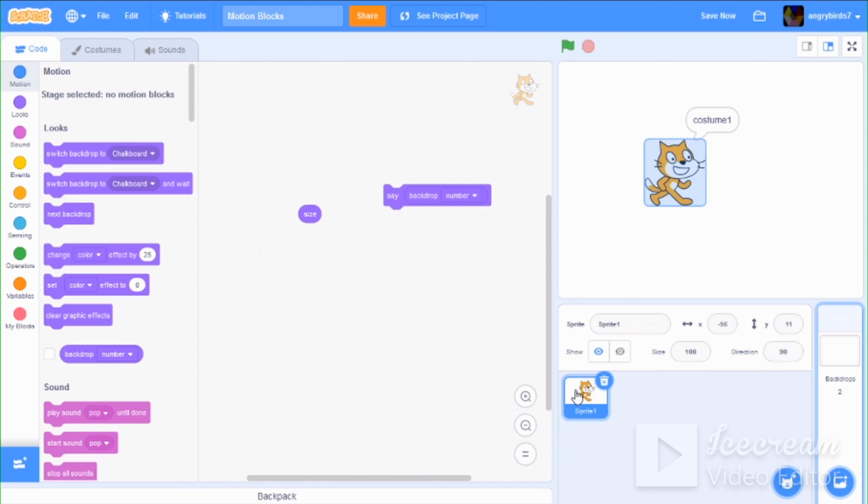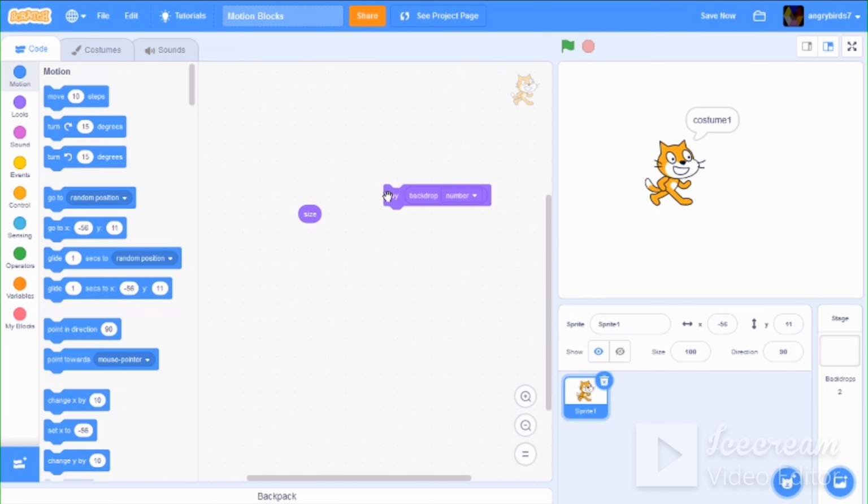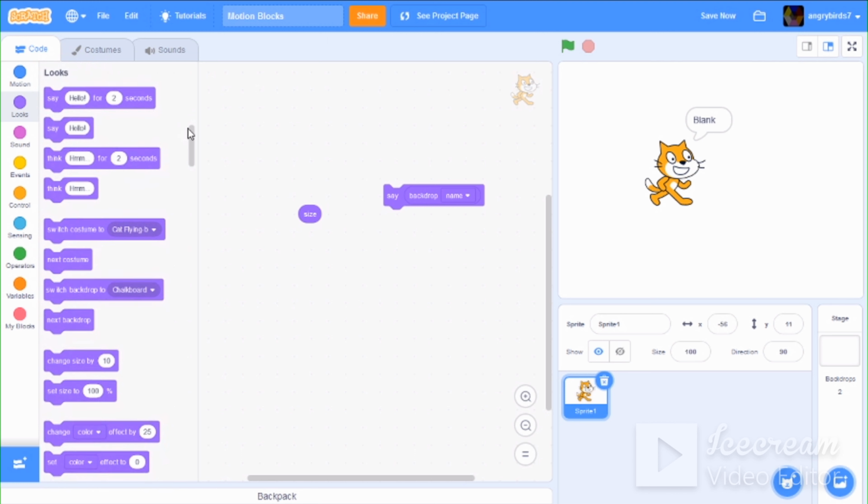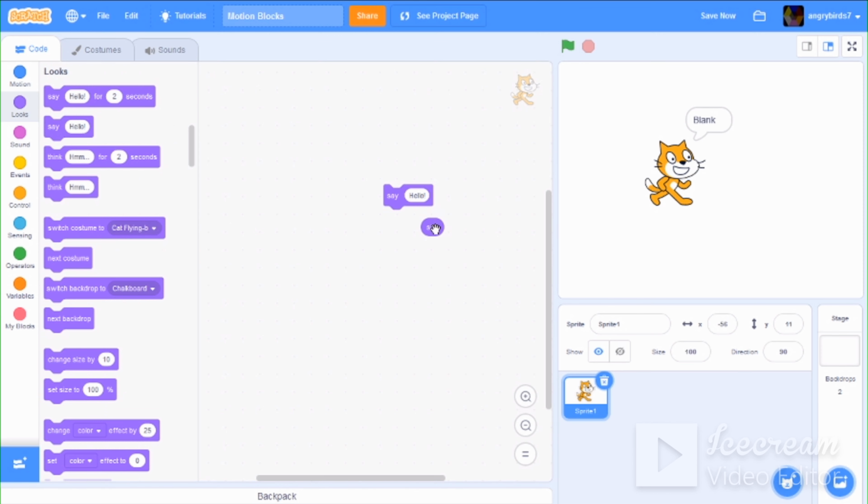So if we go back to it, let's make him say the backdrop number, which is 1, and make him say maybe the backdrop name, blank. Interesting, he's saying blank. And if we go back to the bottom, right, so you can actually say his current size. So which size is he right now? 100%,